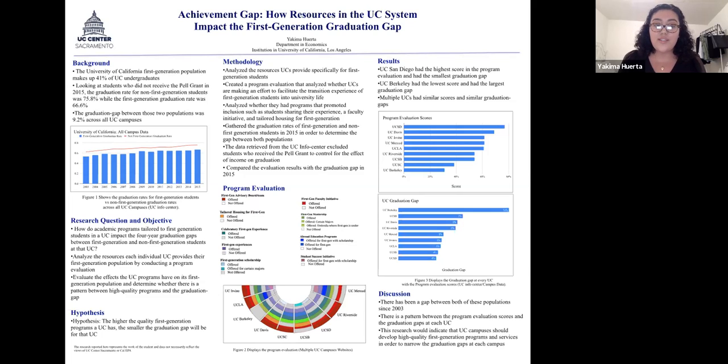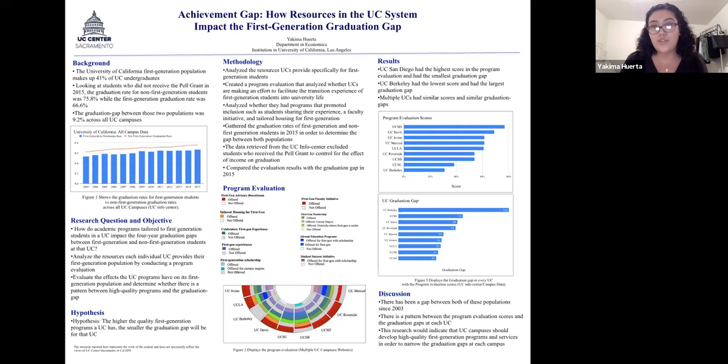My hypothesis is that the higher quality the first generation programs a UC has, the smaller the graduation gaps will be for that UC. I created a program evaluation to look at the resources each UC provided their first generation students. While collecting data, I decided not to include Pell Grant recipients in order to control for the effect of income on graduation. So figure 2 demonstrates the program evaluation, and it evaluates whether universities facilitated the transition of first